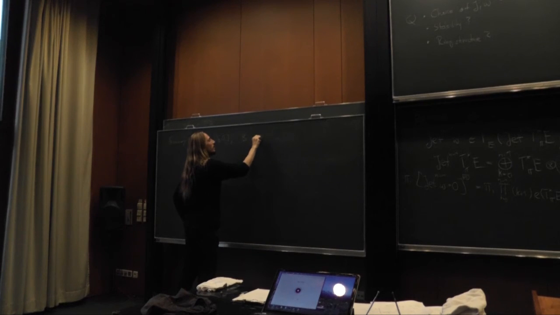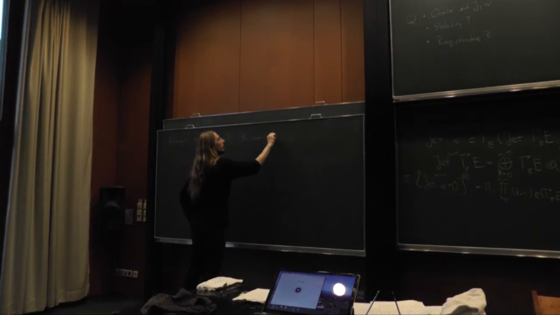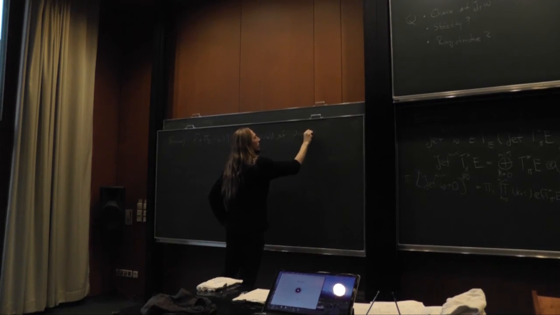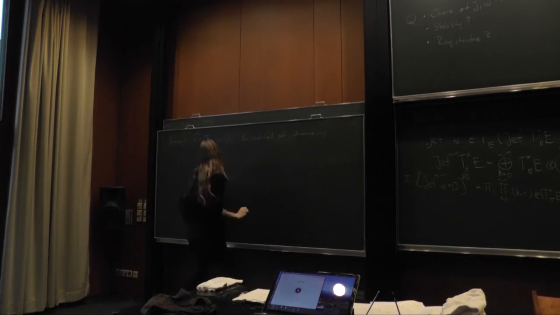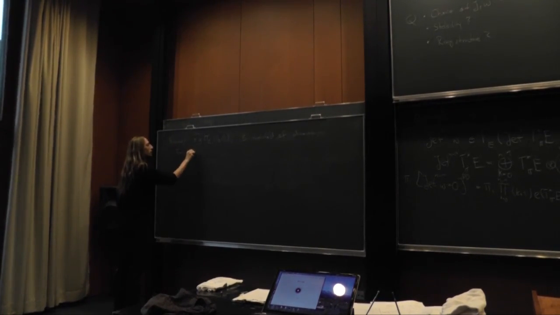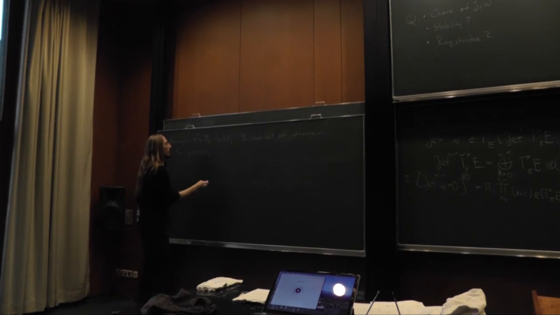B is the manifold of dimension m. Then for 2g minus 2 minus m greater or equal to 0, that's when in this case the space is path connected, the class